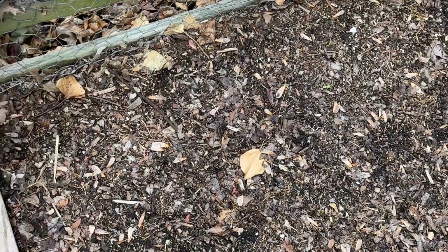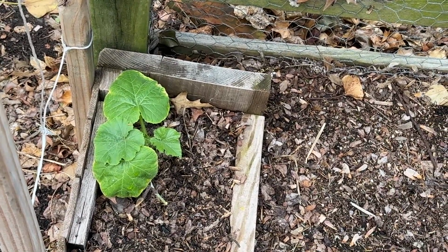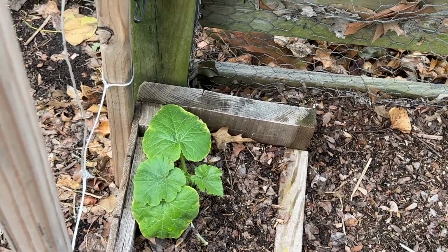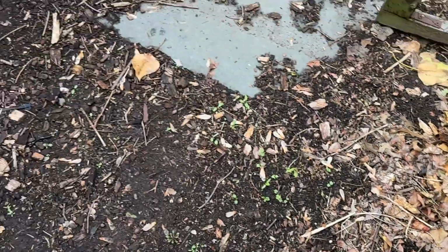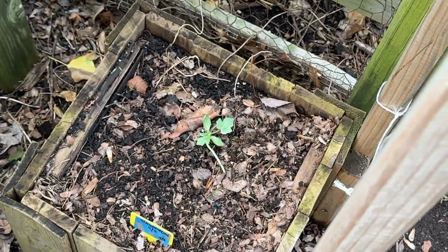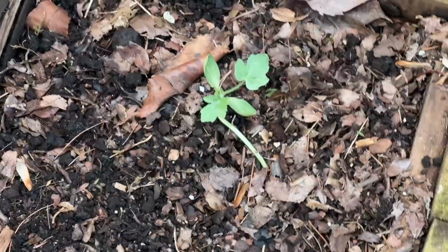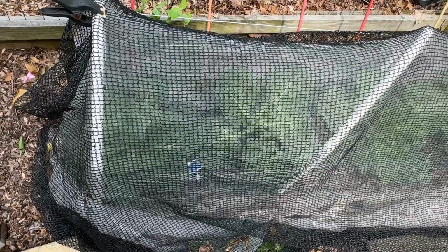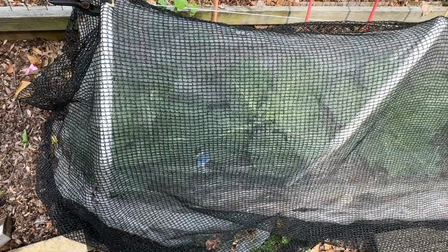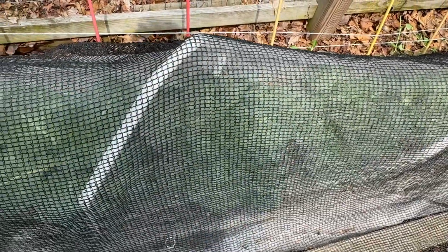Right next door, the small pumpkin has fared much better, and it's looking healthy and starting to grow. I ended up planting one of the watermelons, and so far it's taken, so no problems there. The cabbages, chickens must have laid an egg. Cabbages are looking very good, really starting to spread out now,